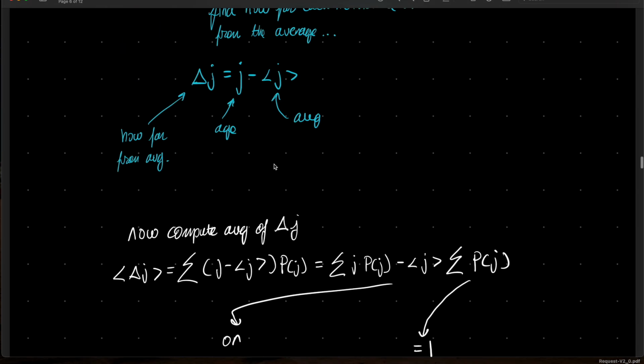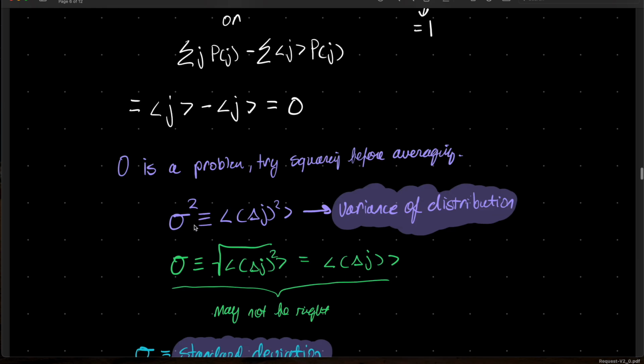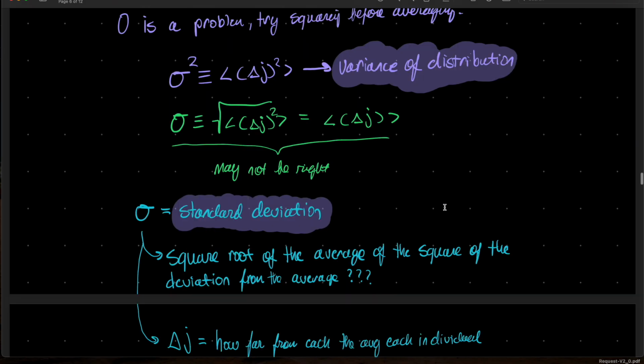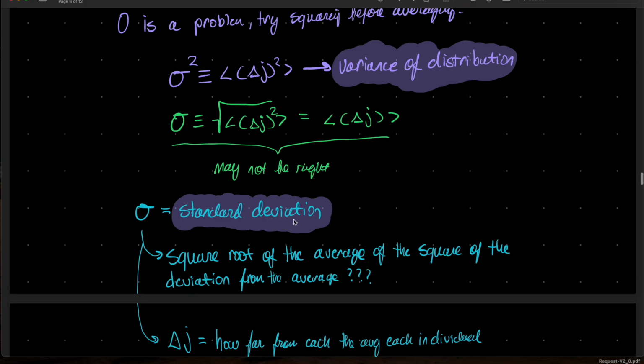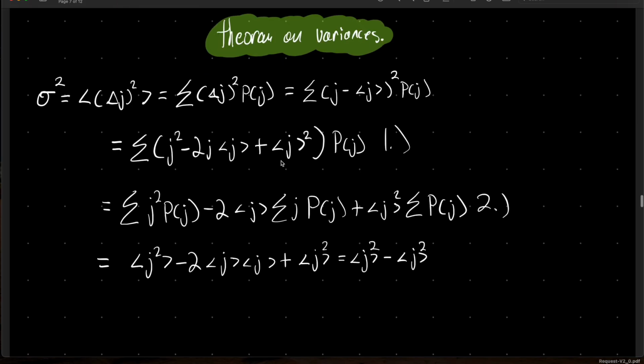And basically, we got a bunch of mumbo jumbo plugging in stuff. Essentially, what we're coming down to is that sigma squared is exactly equal to the average of the change in age squared. This is also known as the variance of the distribution. And then sigma alone is the standard deviation. If we go through this theorem, I'm not going to go through it. You can pause if you want. It's just simple algebra.